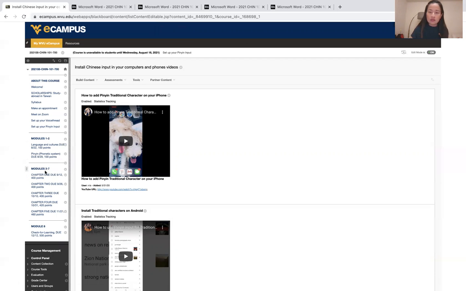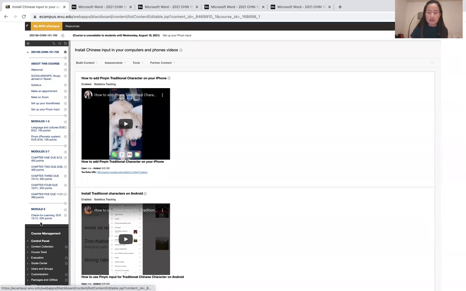From modules 3 to 7, those are chapter language learning modules, and each of them has 1 due date. And module 8 also has its own due date. So in total, you have 8 due dates in this course. However, do not wait until the due date to try to do all the assignments within that module. In other words, each module that has several assignments, they are all due together at the end of that module